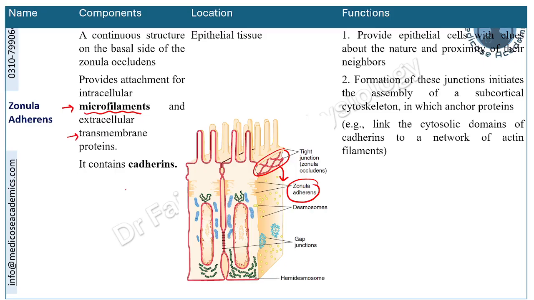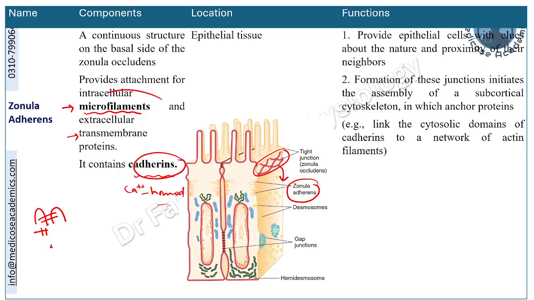From the cell adhesion molecules, it has cadherins. Cadherins are calcium-dependent, homodimeric cell adhesion molecules. So, in cell-to-cell junctions, we can have cadherins. In cell-to-basal lamina junctions, we can see integrins. You do not need to memorize it, just the conceptual aspect. As it is a cell-to-cell junction, here we will find cadherin.